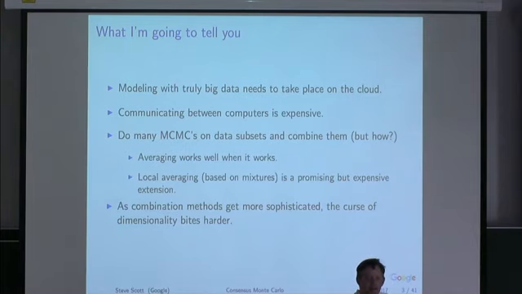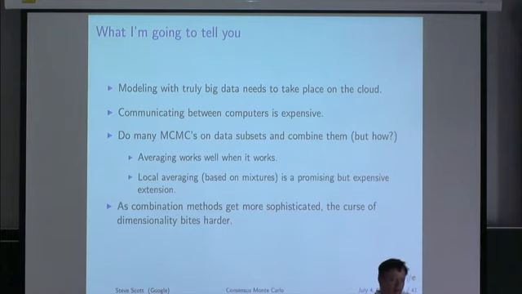And the bottleneck is that in the multi-machine environment, communicating between different machines is very expensive. And in past versions of the talk, I've gone on a little 10-minute diatribe about just how expensive it is. But it's expensive enough that communication can't really be in the interior loop of your MCMC algorithm in the way that it can if you're coding on GPUs or multiple threads on the same CPU. And so if communication is a problem, then the obvious solution is to not communicate. And that's what consensus Monte Carlo is about.